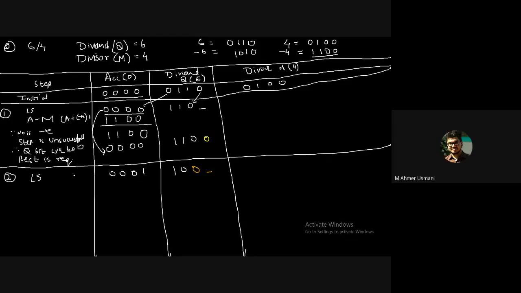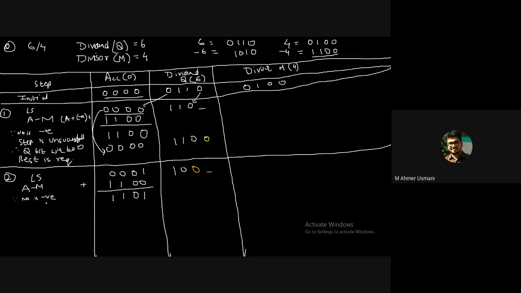Okay. After left shift, what is the next thing that you do? Subtract करेंगे M से. Subtract करो A को M से. So basically what you do? You add M का 2's complement. What is 2's complement of 4? It is 1100. So add 1100 to this number. What you'll get? 1 0 1 1. Okay, looking at the number is what? Negative. Number is negative.